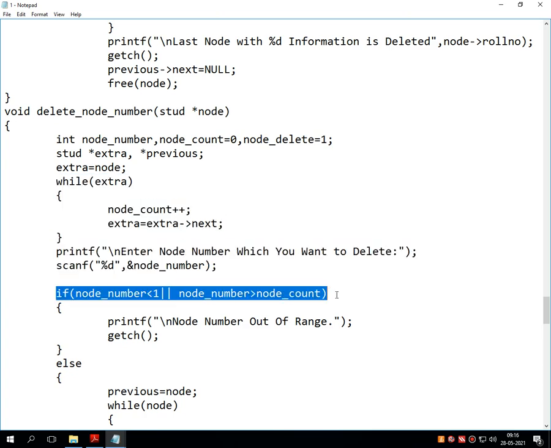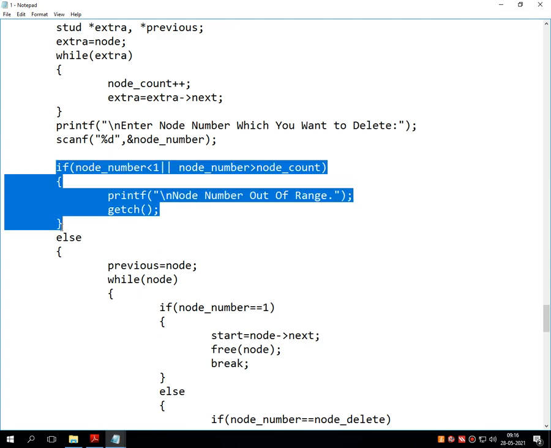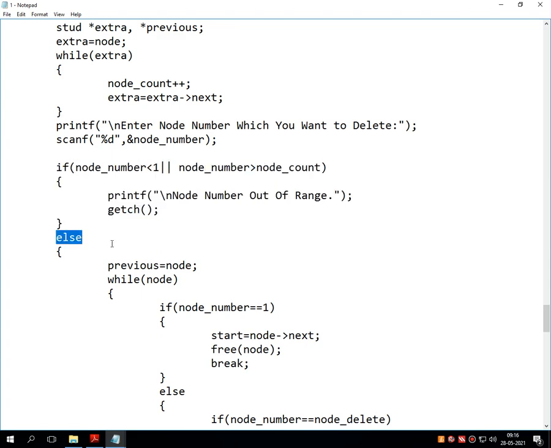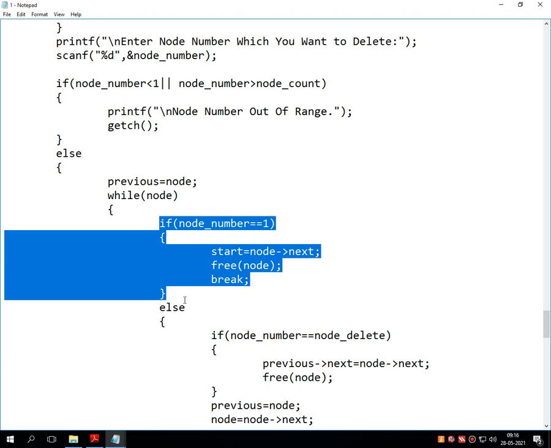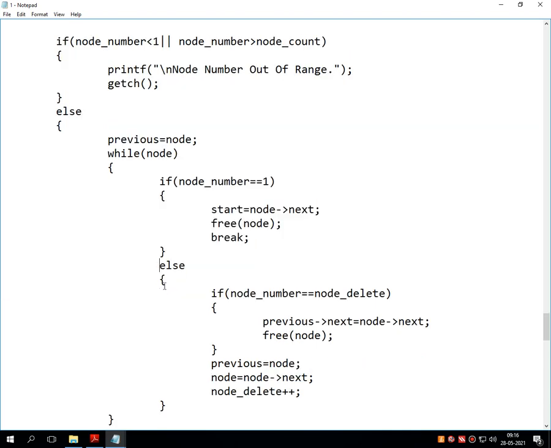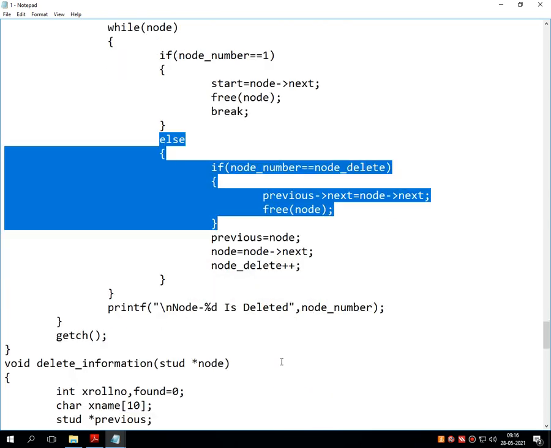But if that node number is out of range, then it displays node number is out of range. If this condition is false, that means that node is available. Then the else statement works. Previous is equal to node, while node number is equal to 1, it automatically deletes the first. If the total count is the same, then obviously it deletes the last node.